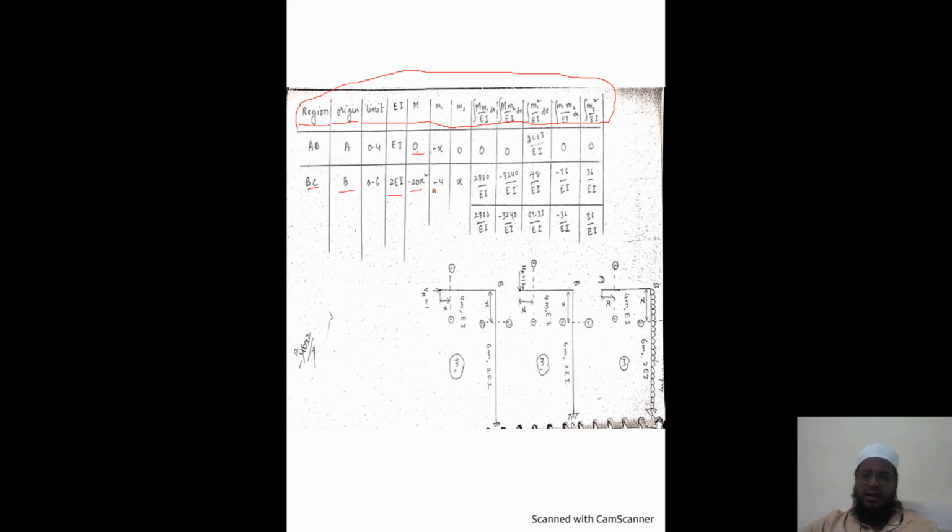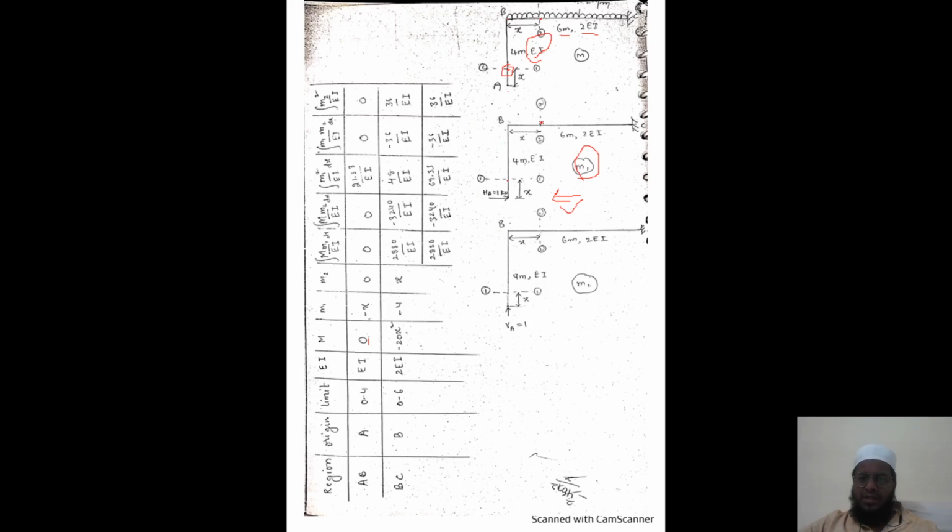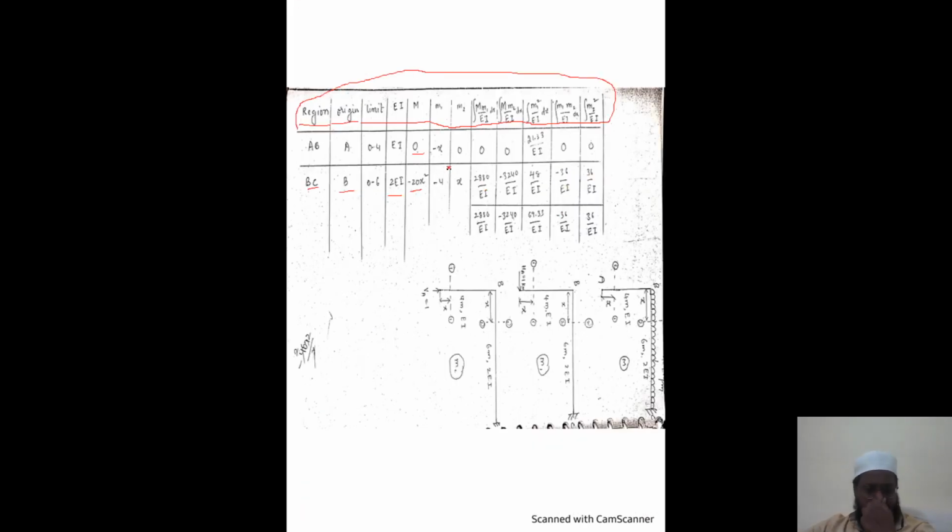Then again, we'll go to section 2-2. If you calculate the moment at this point, this force is again going in the anti-clockwise direction. Minus 1 into 4, where 4 is the perpendicular distance. So how much did you get here? Minus 1 into 4 is minus 4. There is no need of x, because x is not the distance. We have taken the perpendicular distance, so no need of taking the x value.